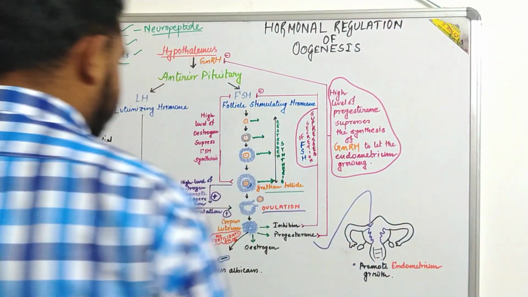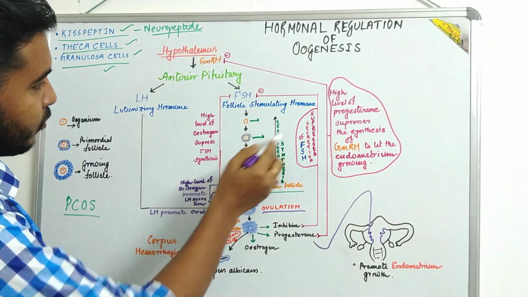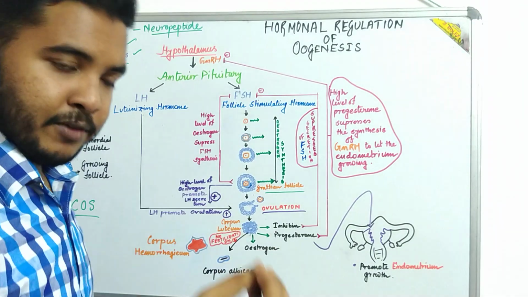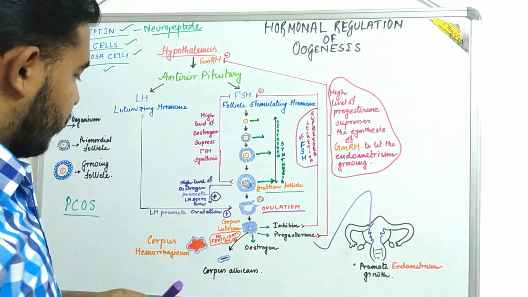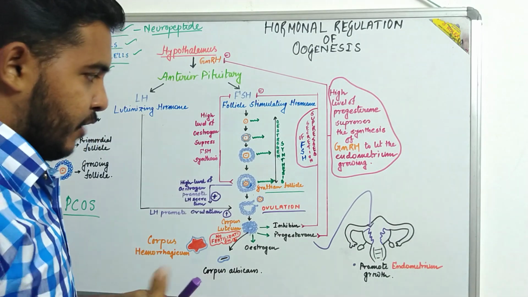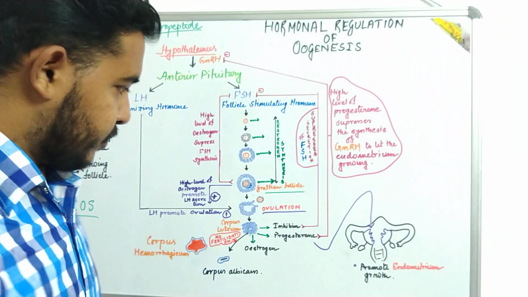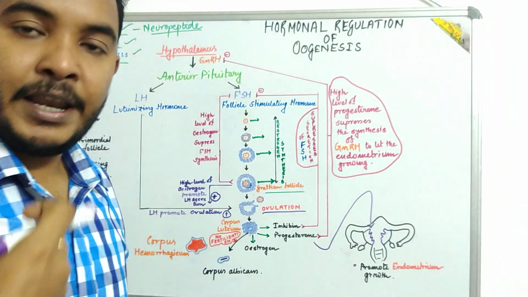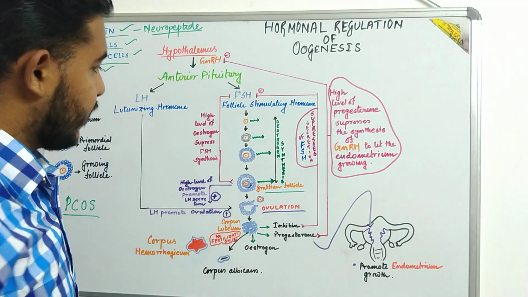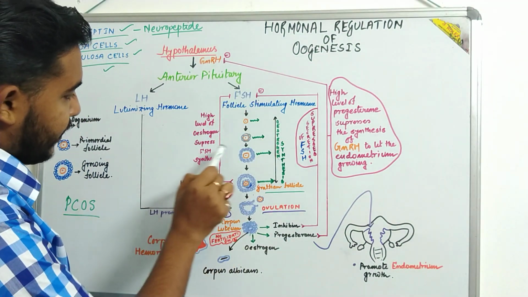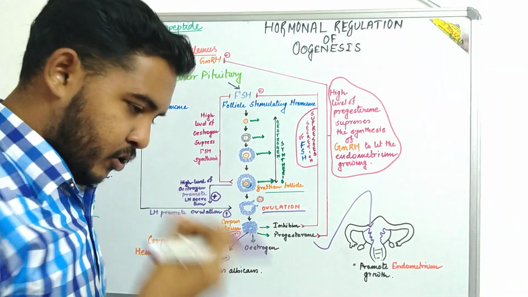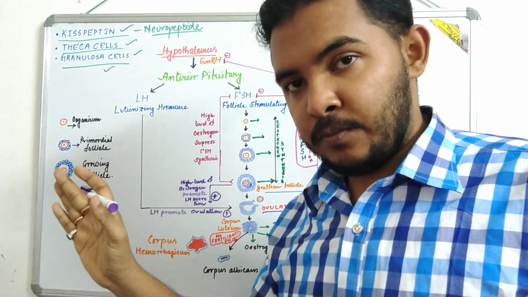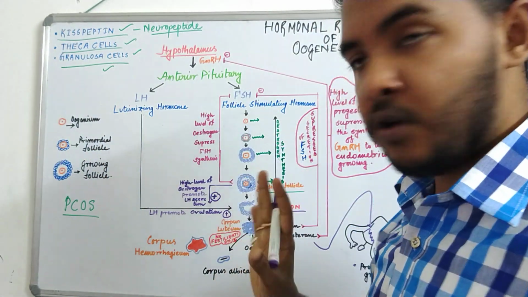Let me go deeper into it. As the follicle develops, it produces estrogen, which I have mentioned in green color. The ovary produces very little estrogen as it grows from the primordial follicle to the growing follicle, and the Graafian follicle produces much more. When estrogen is produced, it gives a negative feedback to the FSH. Here I have written: high level of estrogen suppresses FSH synthesis. When there is an absolutely high amount of estrogen, it tells the anterior pituitary to please stop producing FSH. So there is no more FSH.